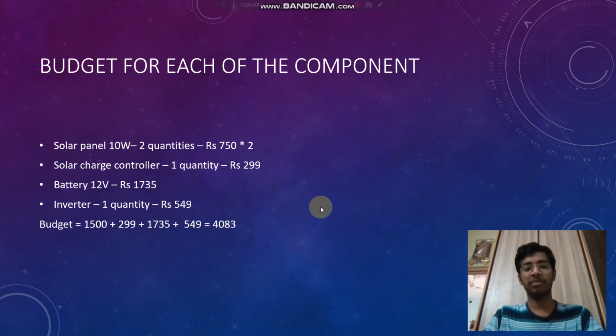So it means that with 4083 rupees, we will be able to design a module which enables us to charge the laptop